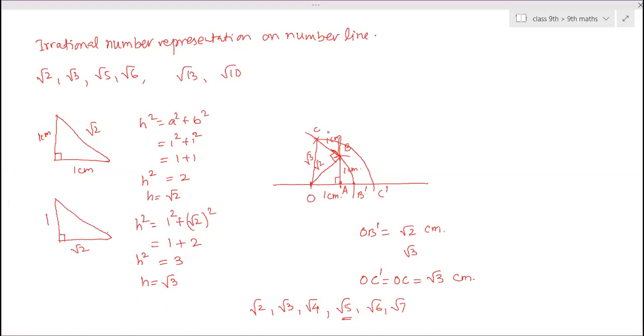If the question is like directly find root 5, then I will show you that. Ma'am, can you explain root 3 once again? Root 2 you got? Yes, ma'am. On root 2, at this point B, you have to draw the perpendicular 90 degree construction at point B. Is that clear? Okay, ma'am. From point B, you have to extend it, and draw a 1 centimeter arc on that perpendicular line. So that point is C, and then join OC. Okay, ma'am.